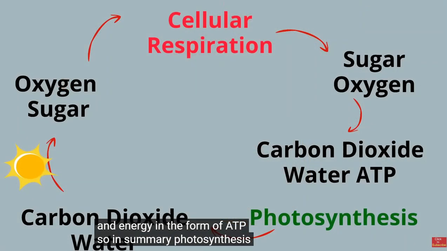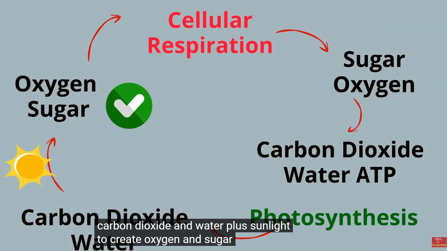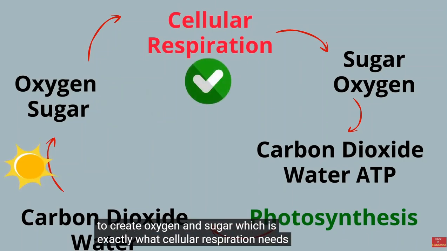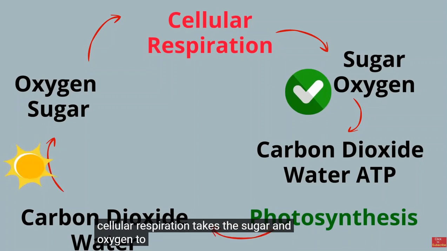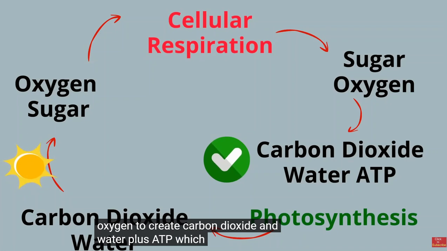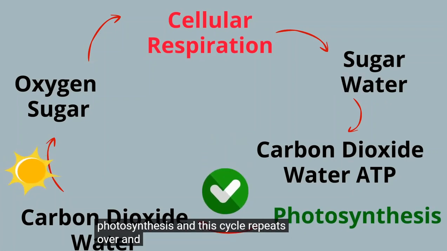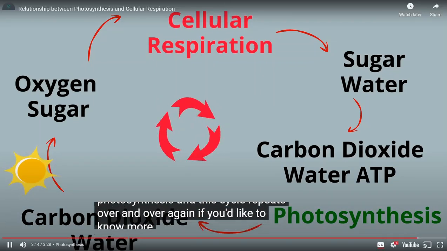So in summary, photosynthesis takes carbon dioxide and water plus sunlight to create oxygen and sugar, which is exactly what cellular respiration needs. Cellular respiration takes the sugar and oxygen to create carbon dioxide and water plus ATP, which helps with photosynthesis. And this cycle repeats over and over again. If you'd like to know more about photosynthesis,